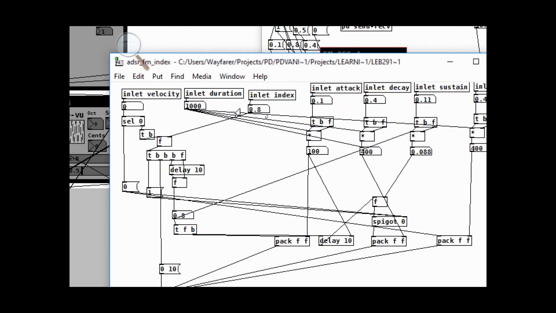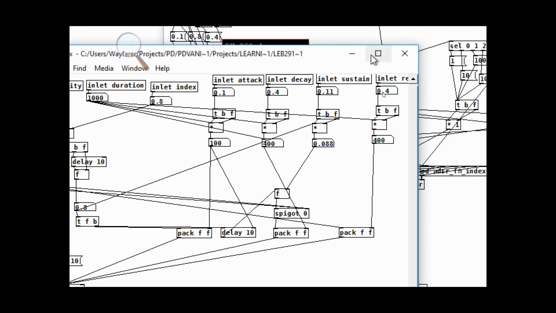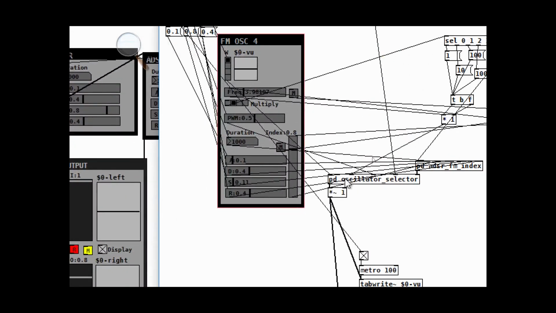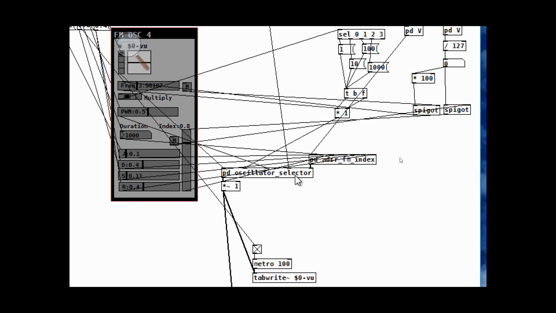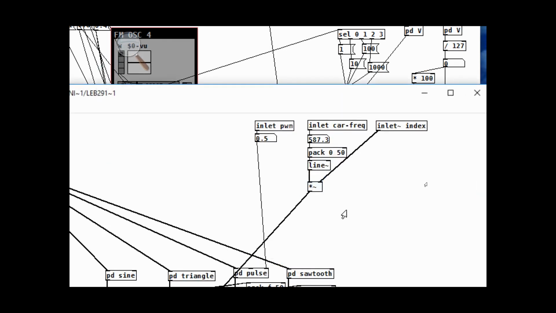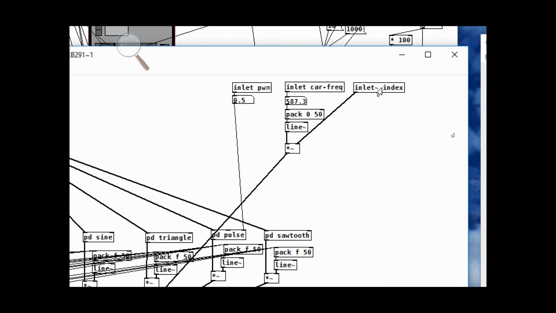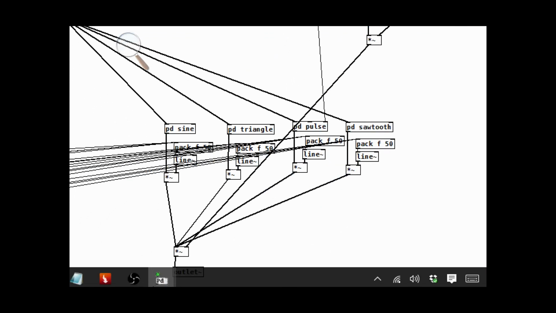So this is the same on the inside. It receives velocity just for notes starting and stopping, and it does the same thing on the inside with the index, where the index is stored here and gets banged through instead of velocity. So what happens as a result here, open this section, in this case it's already an audio signal. I had a line tilde on the outside. So that comes through, and it comes straight in here,